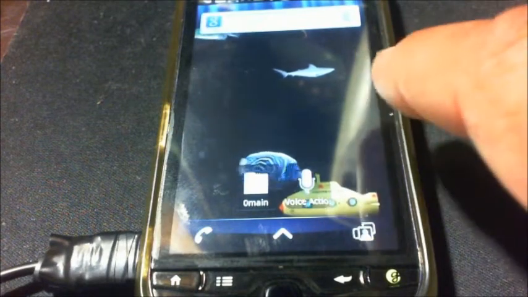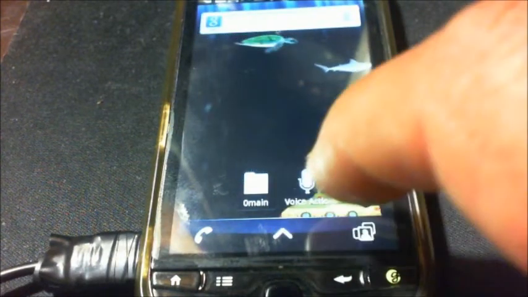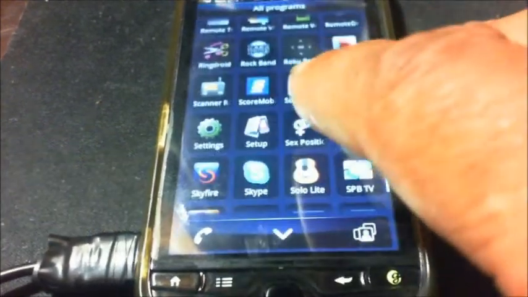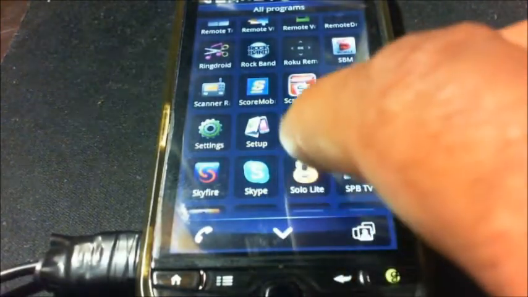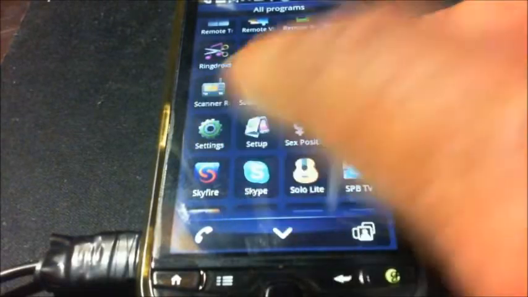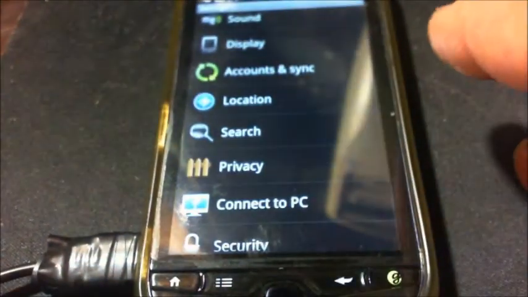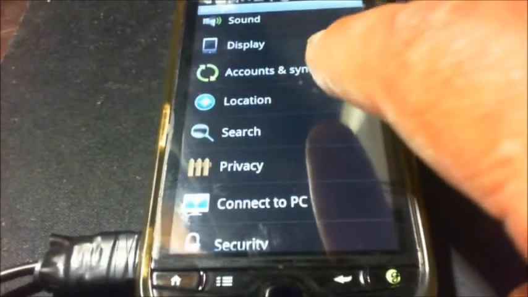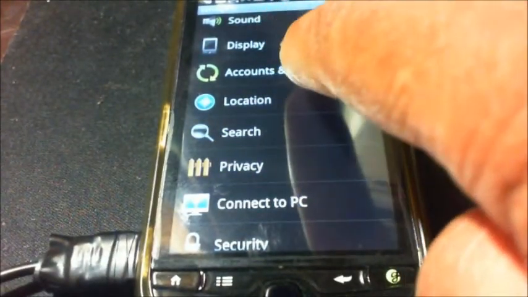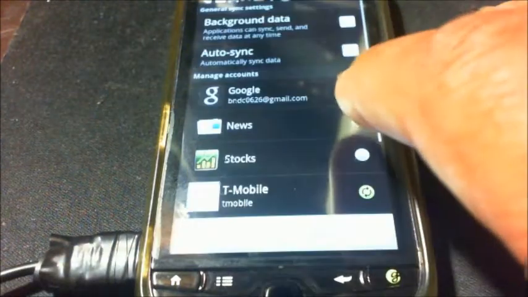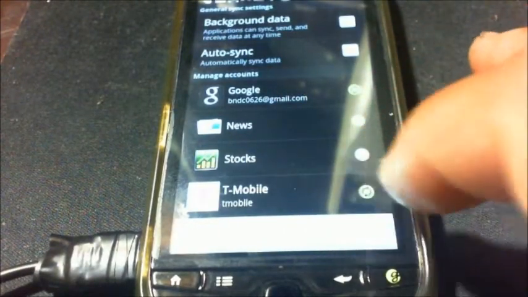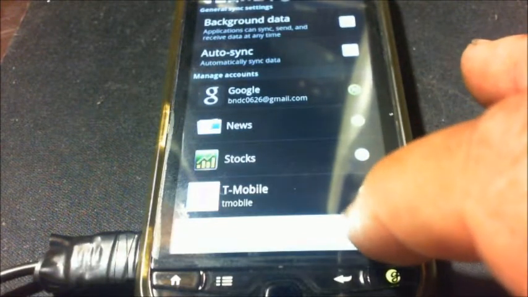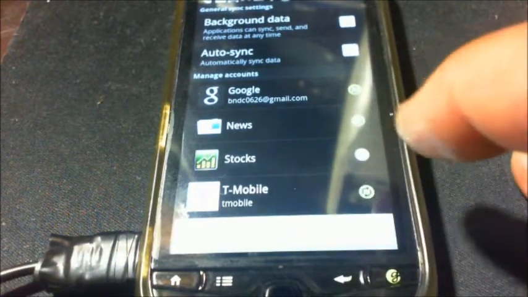So the way to do that is you just click here, and that's your menu key, and then go to settings, and then in settings you can go to accounts and sync, and then you can see how mine is already set up. But down here there's a button called add an account, and if you click that,